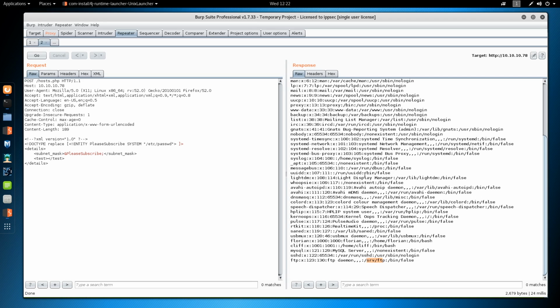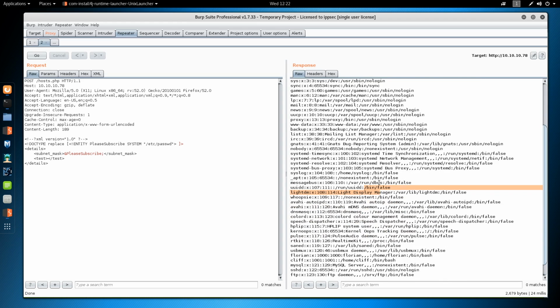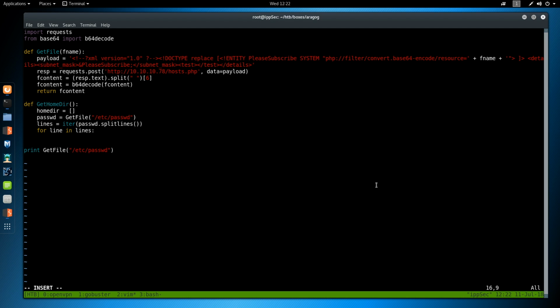We don't want any of this bin false stuff because it's going to create a lot of bogus requests. So we want to do if line ends with sh, then we'll do line is equal to line.split on the colon 5, and this can be